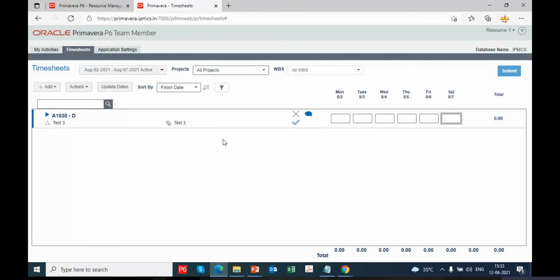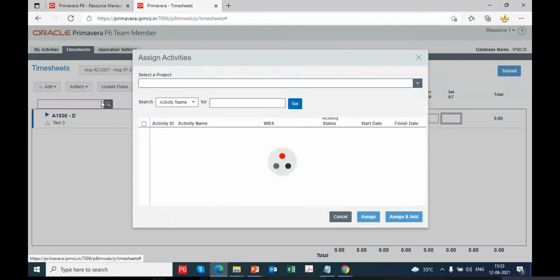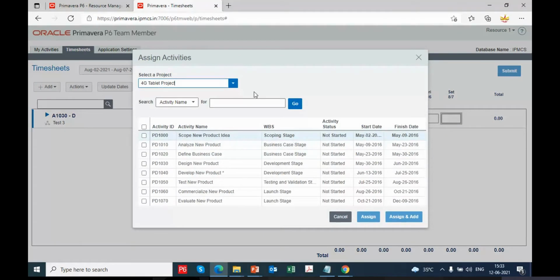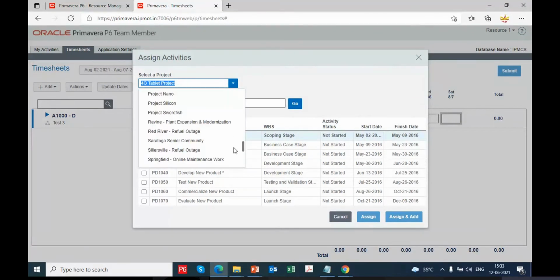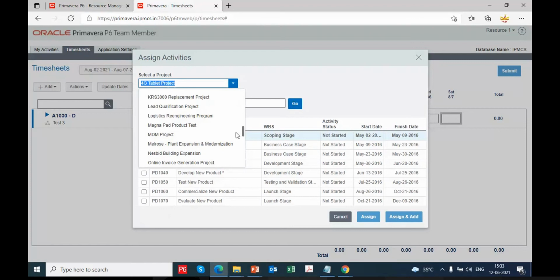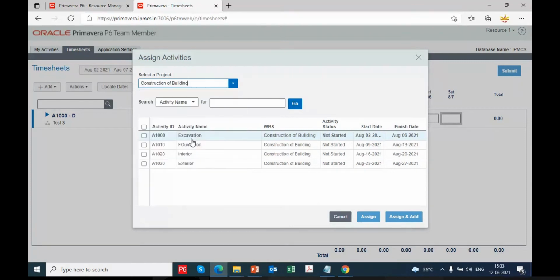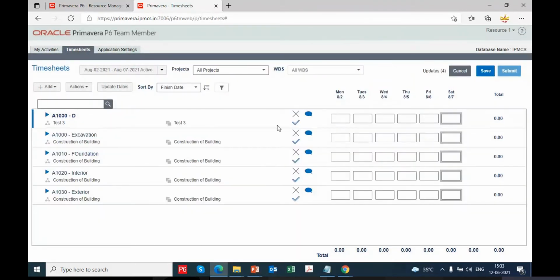Fine. So another project information is available right now. Now you can start updating the actuals.